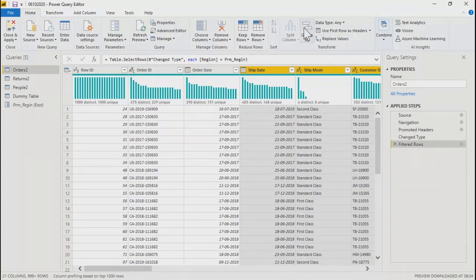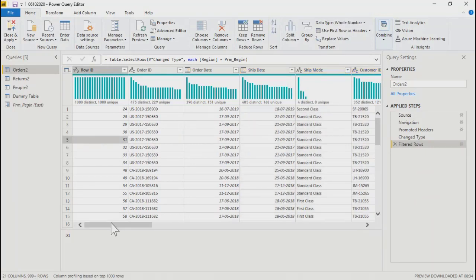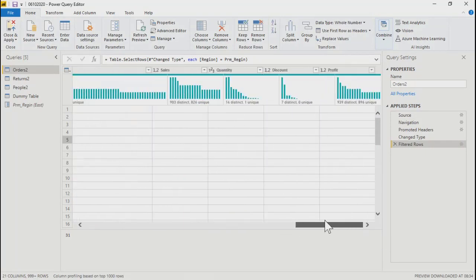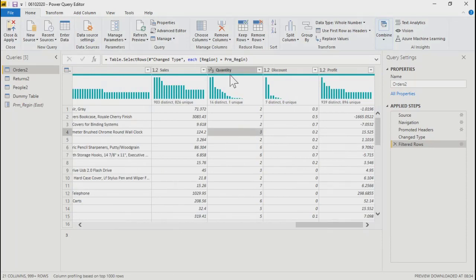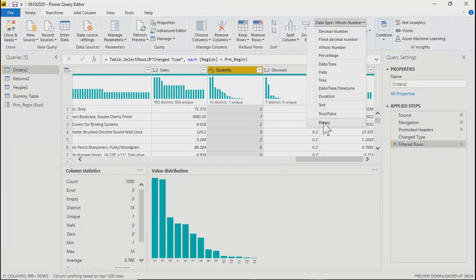Then let's say after group by you have data type any. Let's say this field, that's a row ID. Let's not do that. Quantity, this quantity field, it's an integer right now, a discrete integer. It says whole number. Let's say you want to change the data type. You have these many options. But that doesn't mean that you can change it to any of these. As soon as you select that option, Power BI will check the compatibility, whether it can convert it into the selected one or not. If not, it will give an error. If it can, it will convert it.